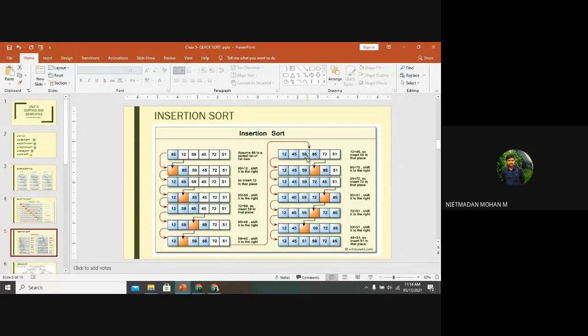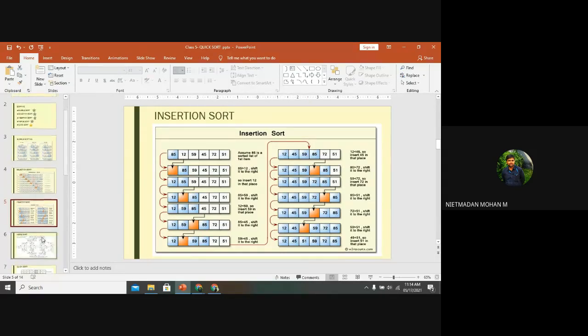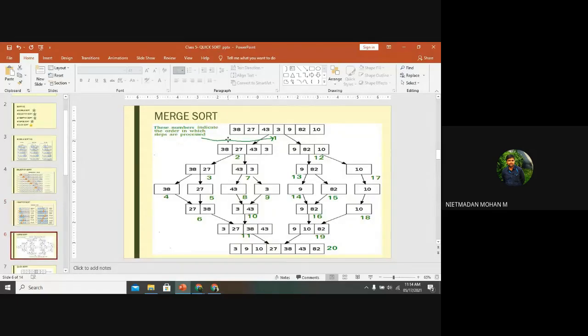Sorted and unsorted. It will be divided into a sorted and unsorted list. Yes. Then coming to the merge sort, it will be split into two parts by the dividing method. It will be divided into two parts, and then divided until a single element appears in the list. After the single element, it will be merged. So in this merge sort, we have used the recursive technique also, right?